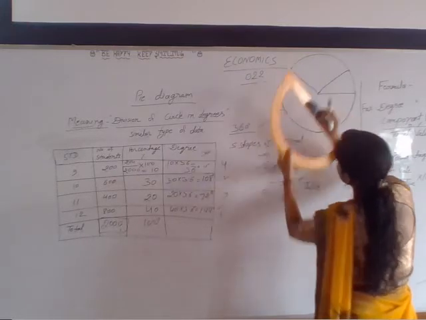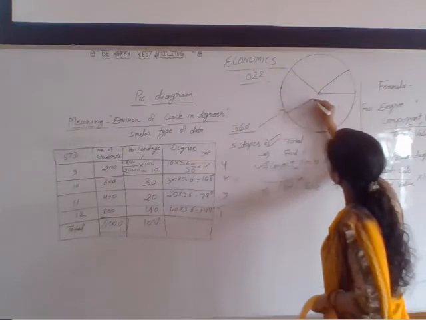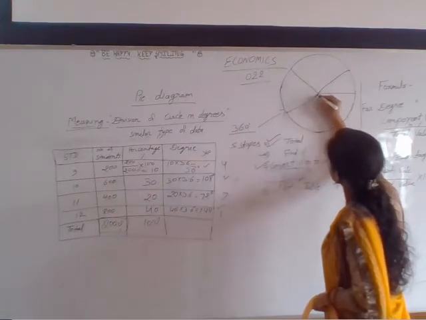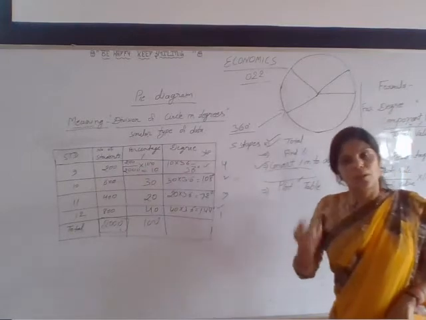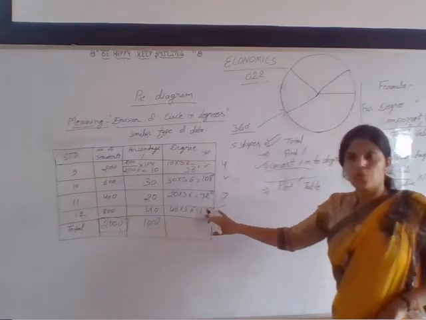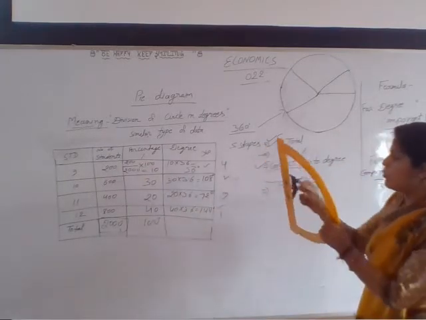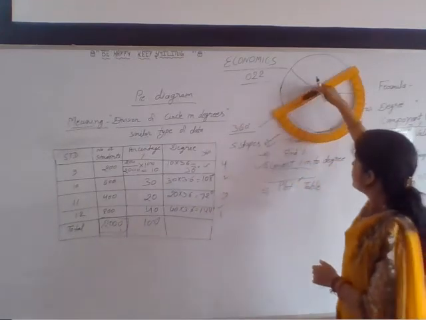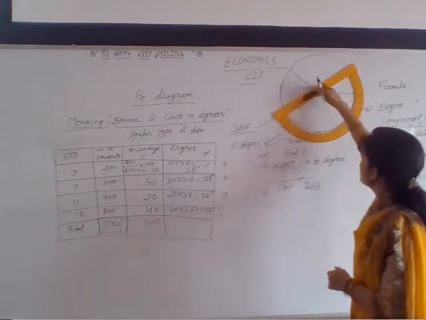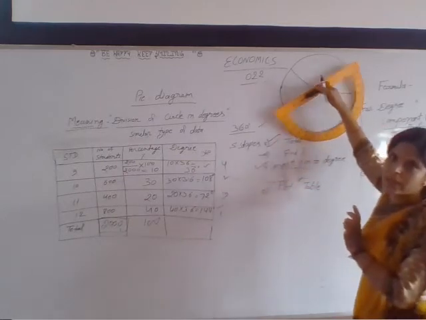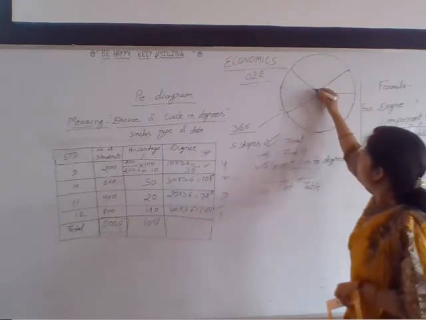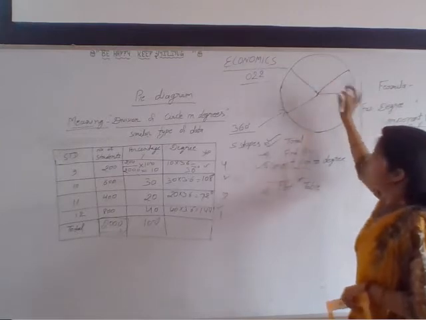Okay, so with the help of this we can mention it. And the last one is 142. No need to measure, but if you want to confirm, you can confirm it. We can measure next value and next value will be last, 142. Okay, so one by one we will draw the components here.